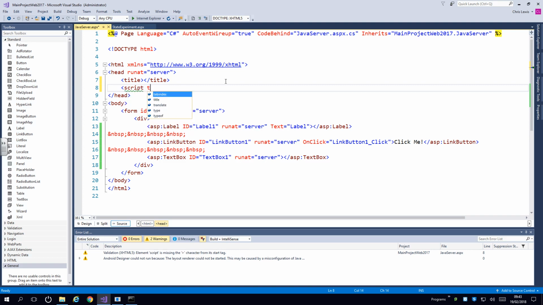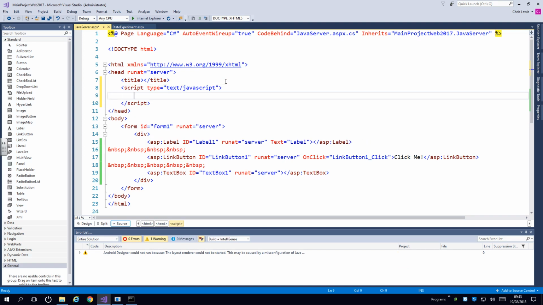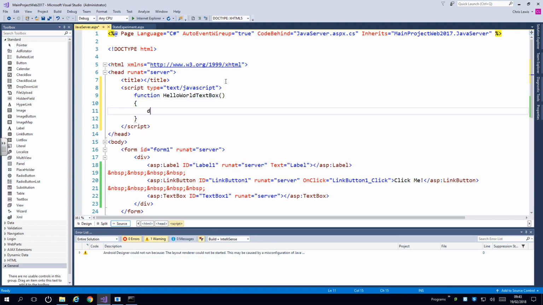Script type equals text/javascript. It should automatically close the tag for you. Function helloWorldTextBox. What I'm going to do is document.getElementById called TextBox. We're doing this in the ASPX page itself. Value equals